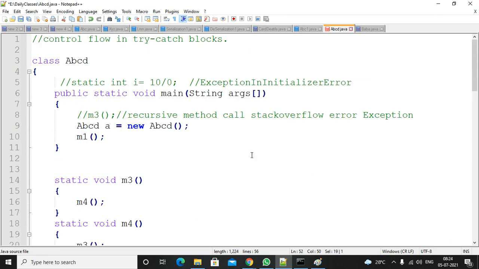StackOverflowError, which you already saw, if a method keeps calling itself recursively. Constructor recursive calling gives a compile time error. Then ExceptionInInitializerError, for static variables at the time of assigning a value, you will get this one.